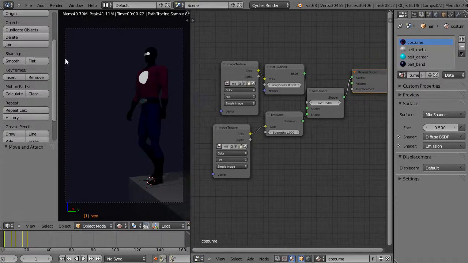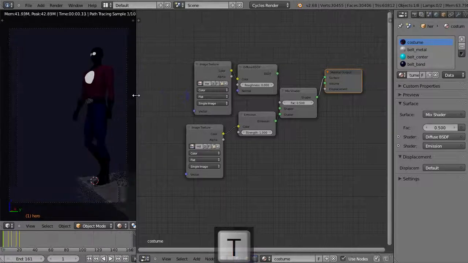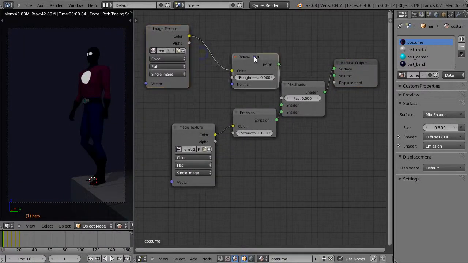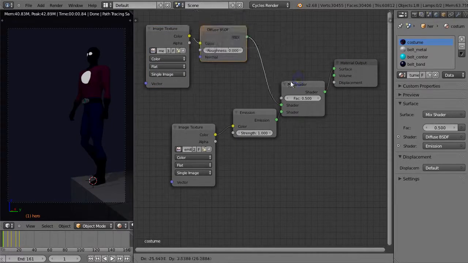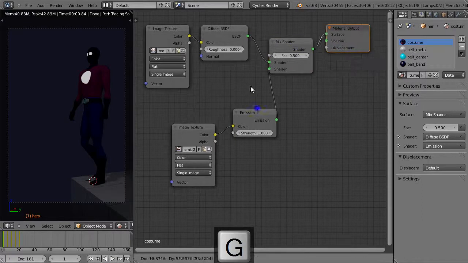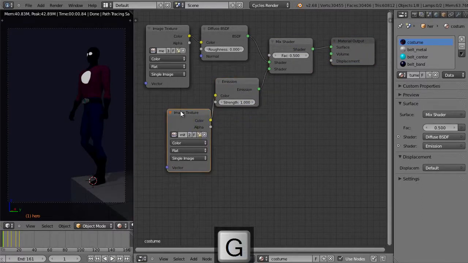Right. We should probably scoot this way over. You'll work your computer hard when you're doing Cycles too. Let's do something with his